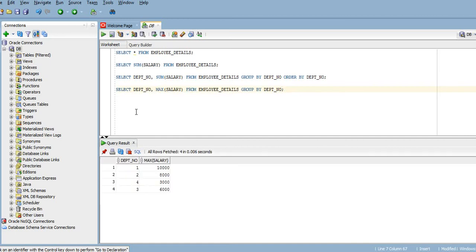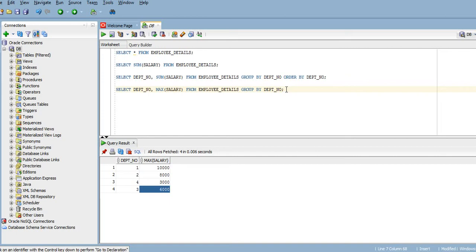See here how it is given. For department 1, the maximum salary is 10,000 bucks. For department 2, it is 8,000 bucks. For department 4, it is 3,000 bucks. And for department 3, it is 6,000 bucks. So this query is able to extract the maximum salary based on each department number.